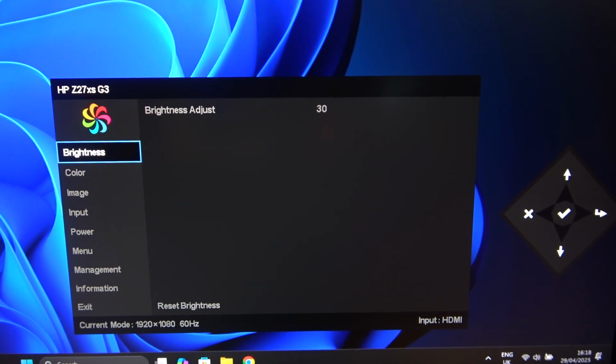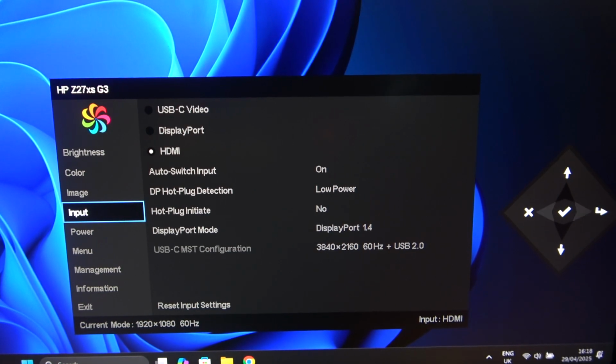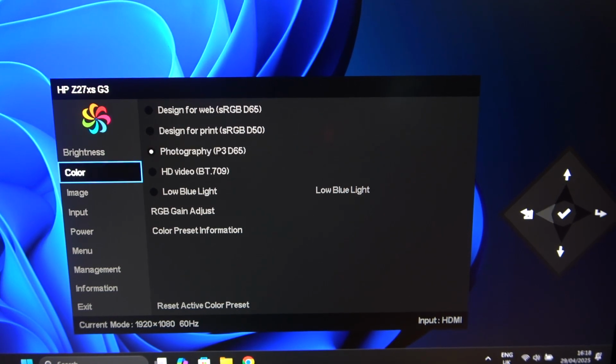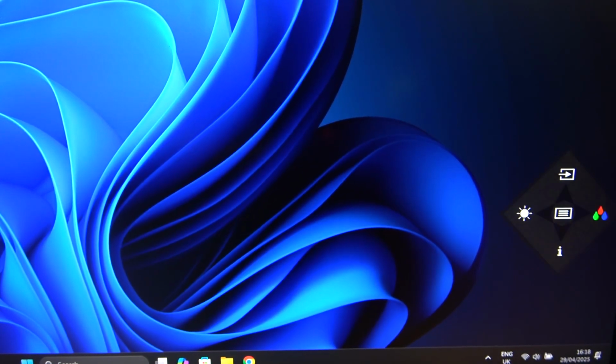By moving the button down you can go down, moving the button up we can go up, to the right we can enter these options, and to the left we can escape these options. We can click the button once again, and as you can see here, if we click down we can see